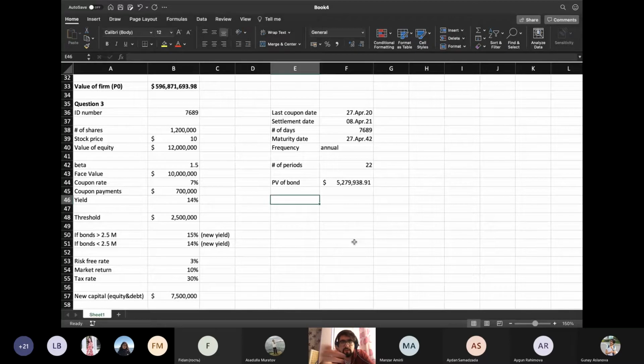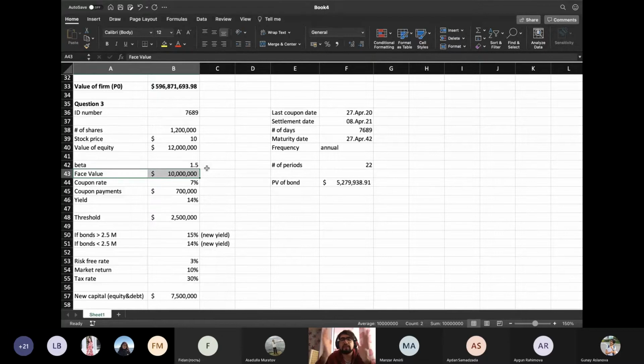Equity value, we know that it is 12 million, but debt value should be full price, not clean price, because these 10 million face value bonds are already issued and already sold to the investors. So if investors already bought them, it means investors paid clean price plus accrued interest, which means in total full price. Therefore, firstly, we need to find